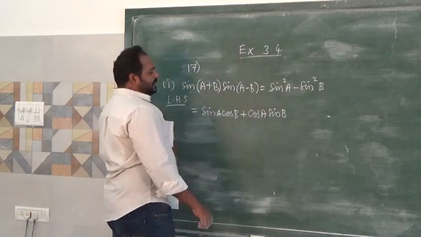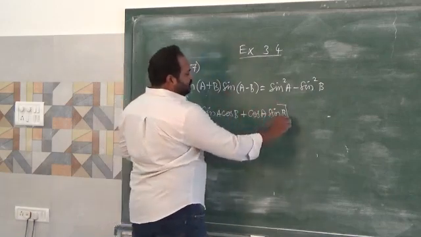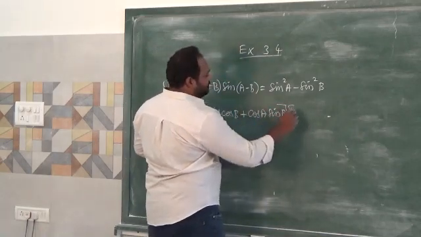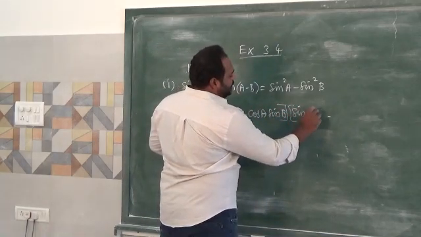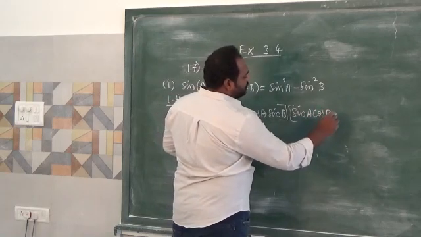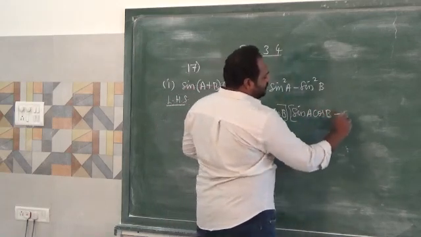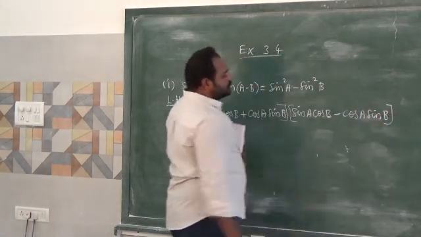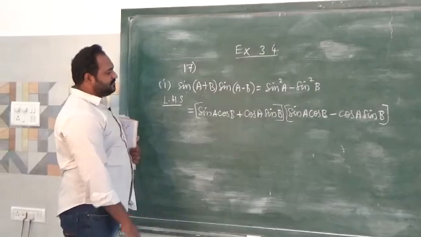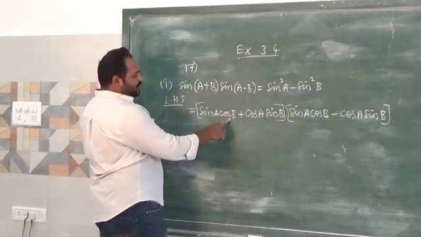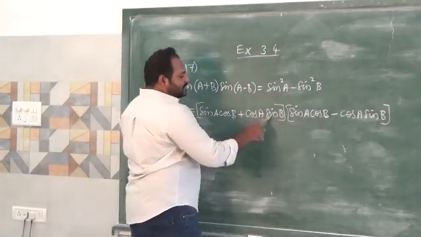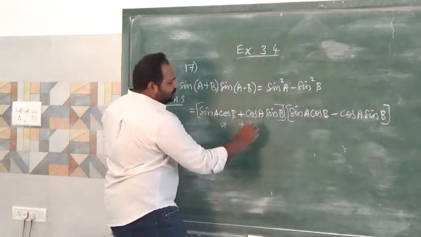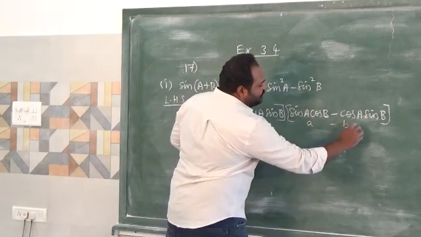This is for the sin(a + b) formula. Next, into the sin(a − b) formula: sin a cos b minus cos a sin b. So look at this. After I express the formula, look at that: sin a cos b, sin a cos b, cos a sin b, cos a sin b, here minus and plus. It is looking like the a plus b and a minus b formula, no?